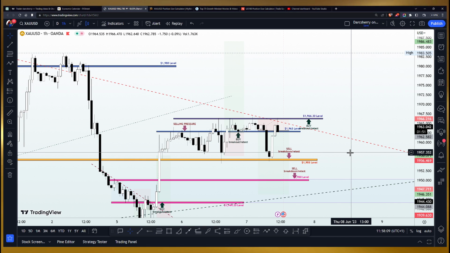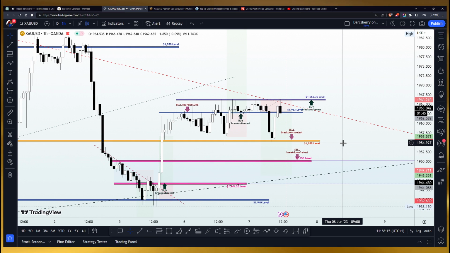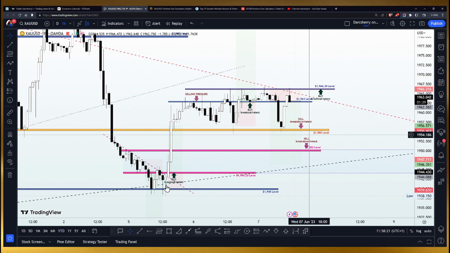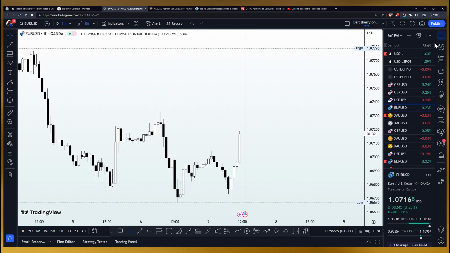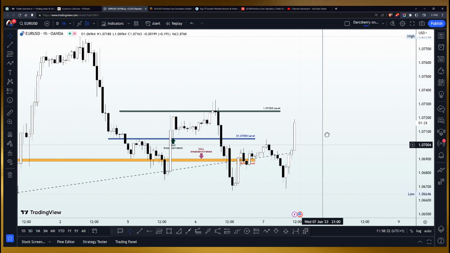Mark this out on your charts, screenshot my screen if you want to, so that you can find something to use as a reference point when you're about to make your independent decision. So that is that on the XAUUSD for today. Let's move on to the last pair for today, which is the EURUSD. This instrument was introduced to us by someone in the house here, and let's run through what has been going on in this market.